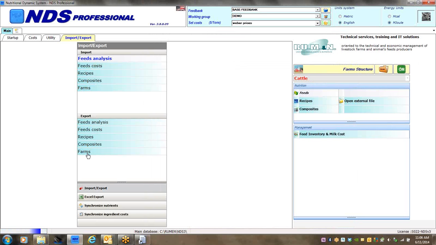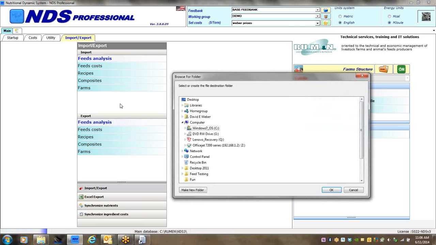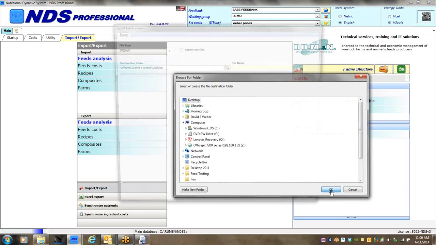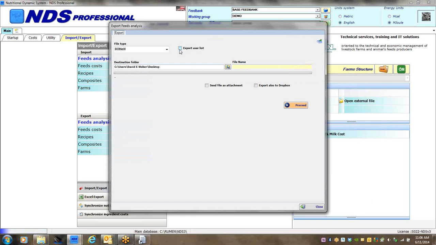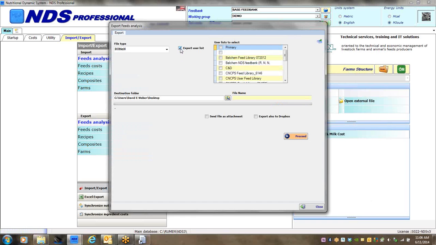I can also export feed analysis. So if Rachel and I are working together as colleagues and I want to send her a bunch of feed analysis, I can export a feed analysis to her, and I will just default it to my desktop, but I can actually export to her a user list. So I want her to have that same CS feed list. I can export that list to her,